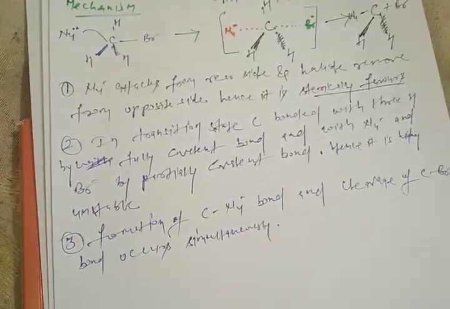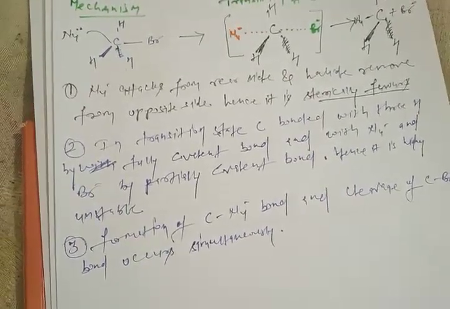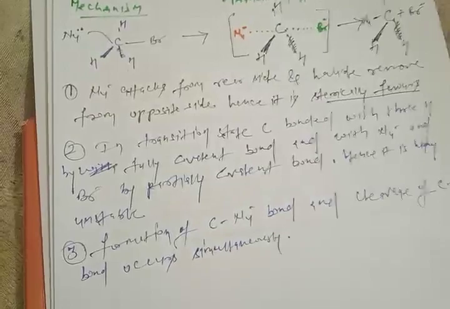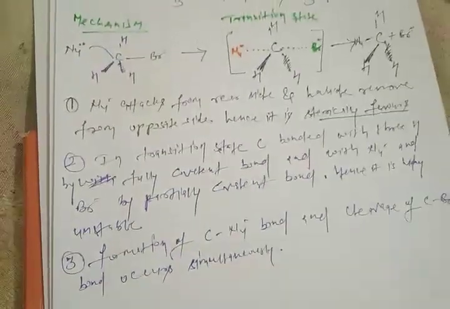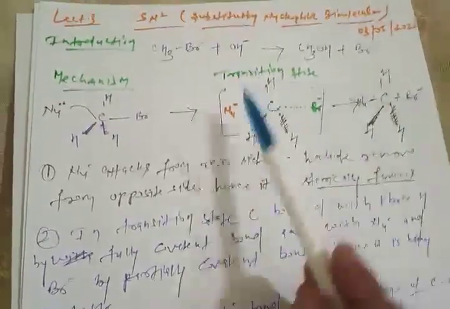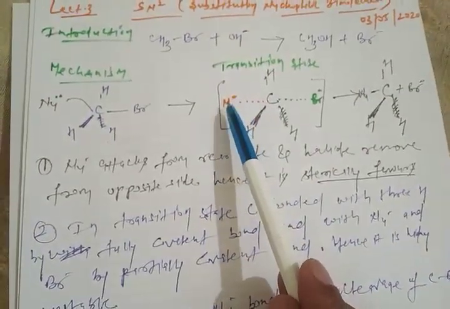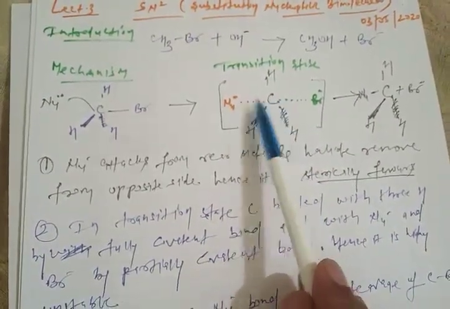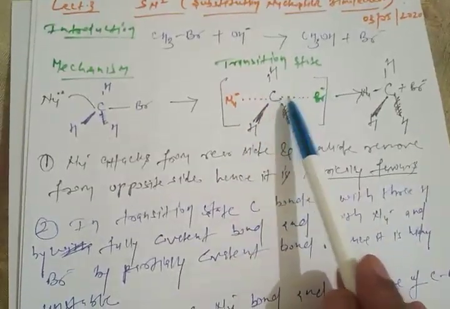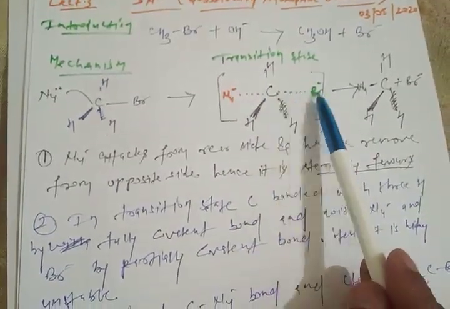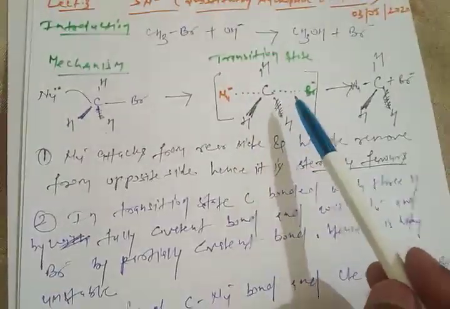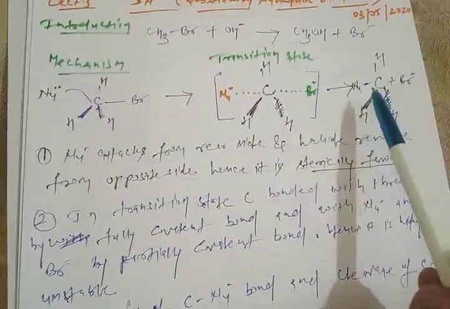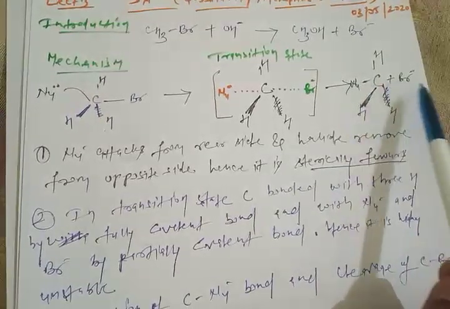In other words, the bond between carbon and nucleophile starts to form, and at the same time the bond between carbon and halogen starts to break. As soon as the bond between carbon and nucleophile is formed, the bond between carbon and bromine starts to break. So this is the transition state,